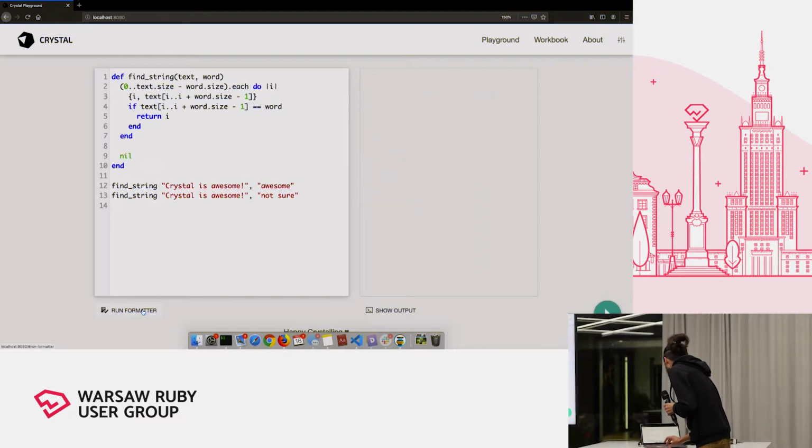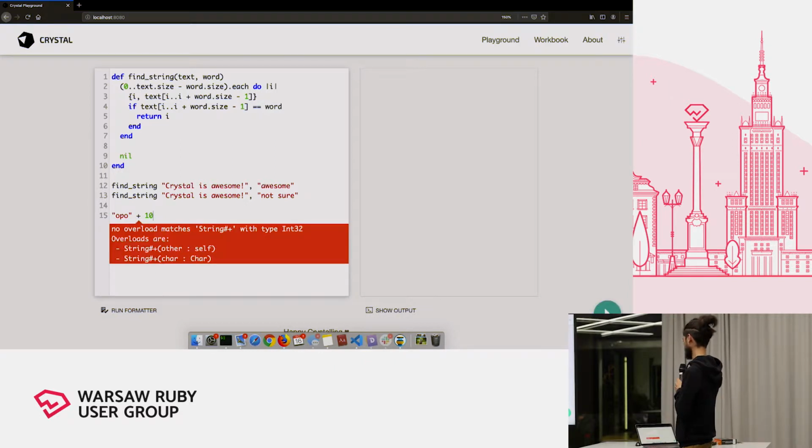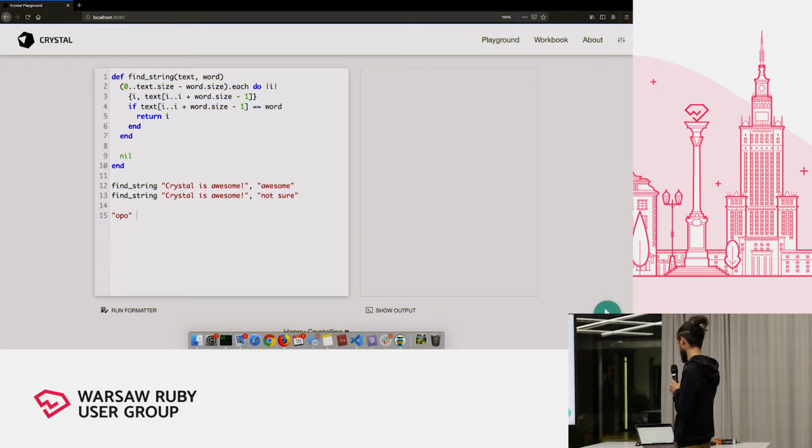It's called Play, which is interactive. Kind of a REPL, but it's not. It works like it. So basically, as we've seen before, this prevents us from doing the ceiling studies, or